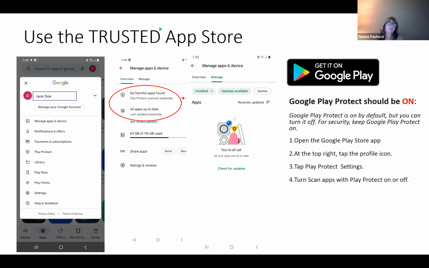But very similar to the Apple App Store, you have the Google Play Store, where the applications that are there are vetted by Google before they're posted. And you can go in and install your apps and have it automatically do updates in the background. So on your cell phones, the Apple App Store and the Google Play Store are really the two places where you want to get applications and not install them from kind of a pop-up or another different type of website.